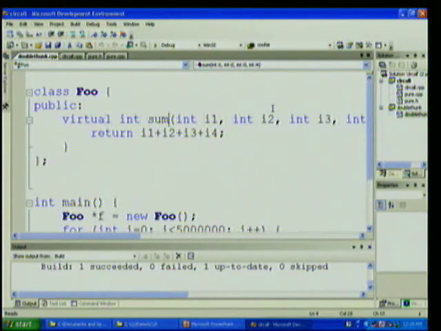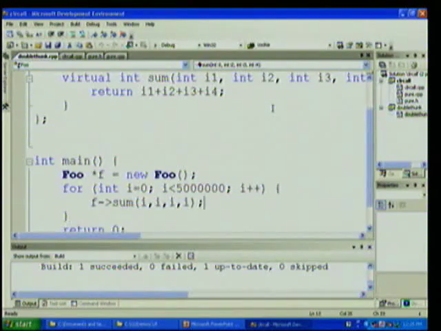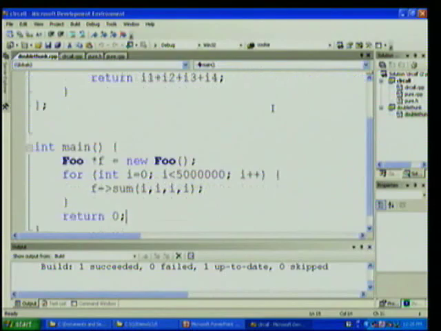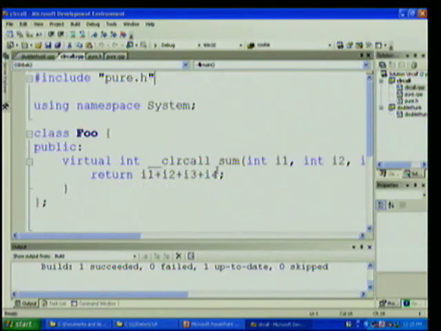with respect to this calling of a sum. So I've got this one function here. Now, this isn't using the new managed syntax because this is actually supposed to be a native class. It's class foo, public. It's got a virtual member sum, which just adds 4 numbers together and returns them. I've got something in here that consumes it, again, about 5 million times and just runs it. So here I'm paying the double p invoke penalty. Here in clrcall,